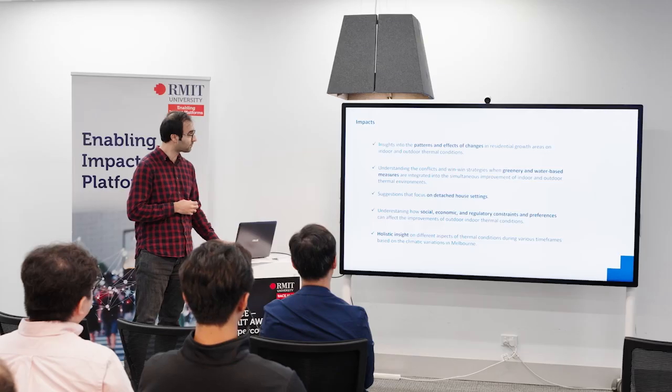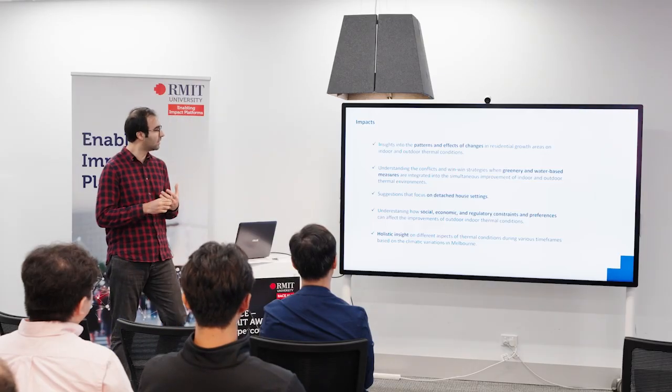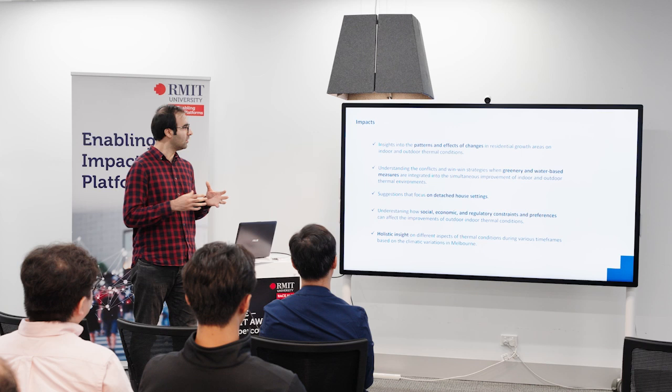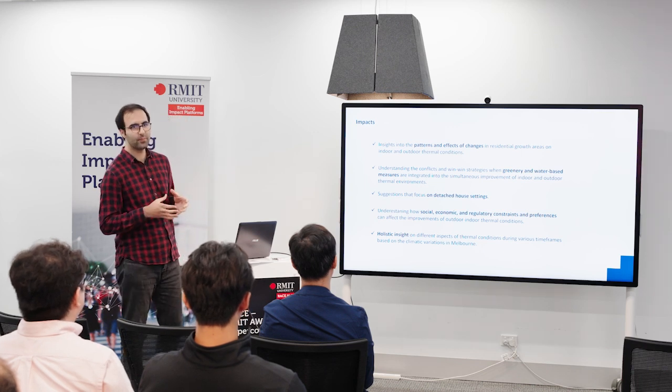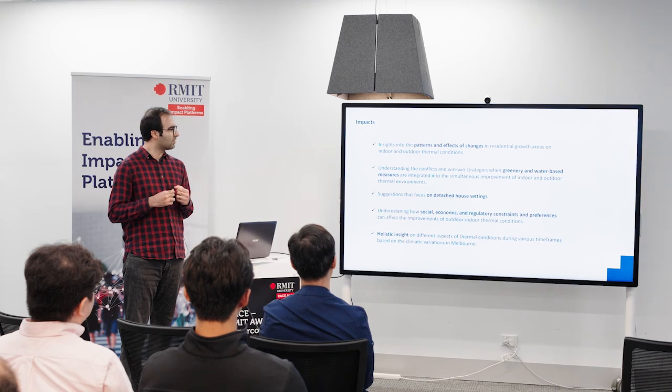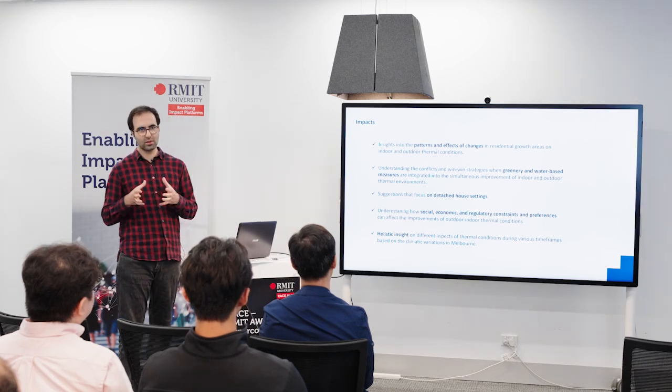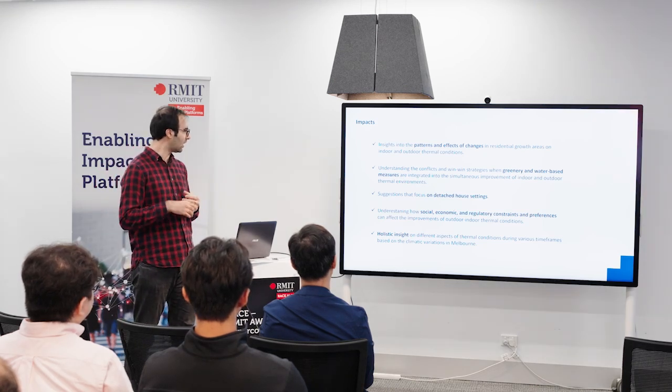At the same time, validation should be done through field measurement at the real site. So the impacts are the insights into patterns of changes in the outdoors and indoors in the growth areas when different parameters are changing, and also measuring and including the effects of greenery and water alongside the